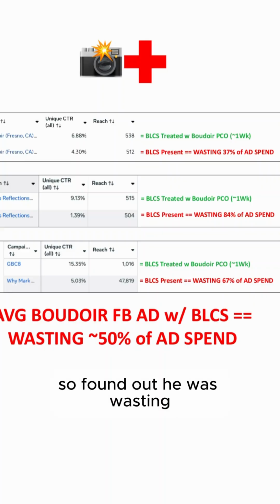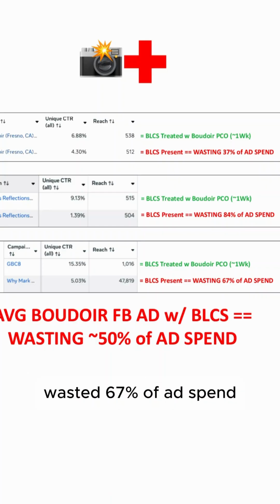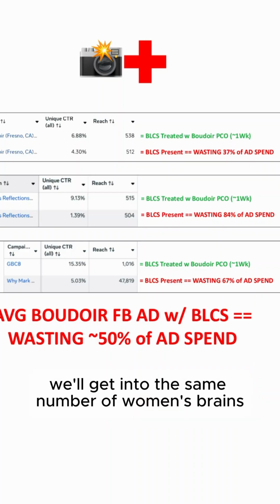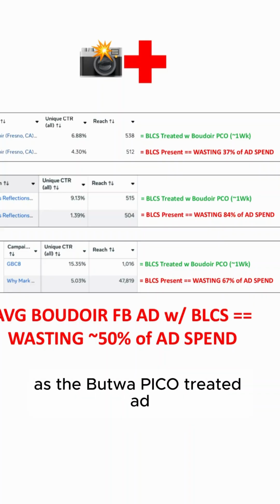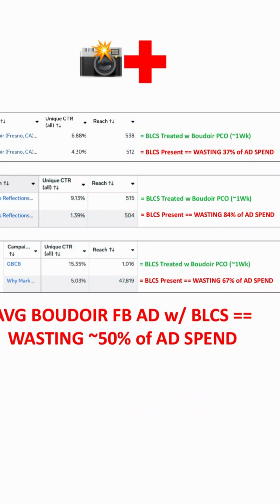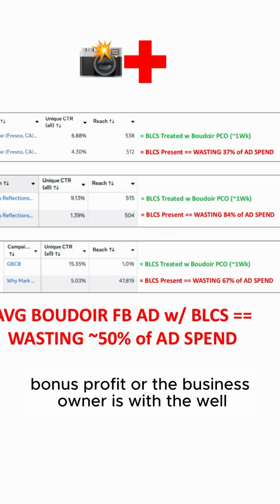So found out the original Boudoir Facebook ad was wasting 67% of ad spend. The original Boudoir Facebook ad had 10 grand a month. We'll get into the same number of women's brands as the Boudoir Pico treated ad, spending only $3,300 a month. So that whole difference, we're pocketing that difference as a bonus profit, or the business owner is, the boudoir photographer,